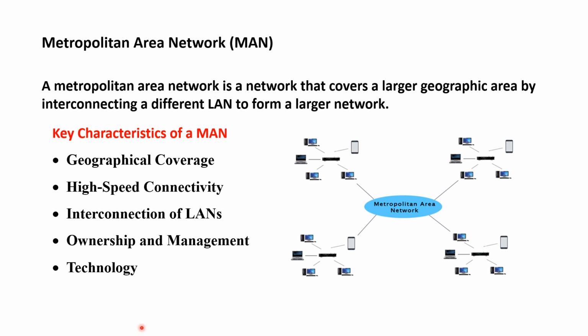Some of the key features of metropolitan area networks are geographical coverage. MANs typically cover larger areas than LANs, such as cities, towns, or campuses. MANs offer high-speed data transfer rates, making them ideal for connecting multiple offices, campuses, or other institutions across the city. MANs serve as a link between various LANs in the same geographical region, enabling efficient data sharing and communication between different locations. A MAN can be managed by a single entity or a